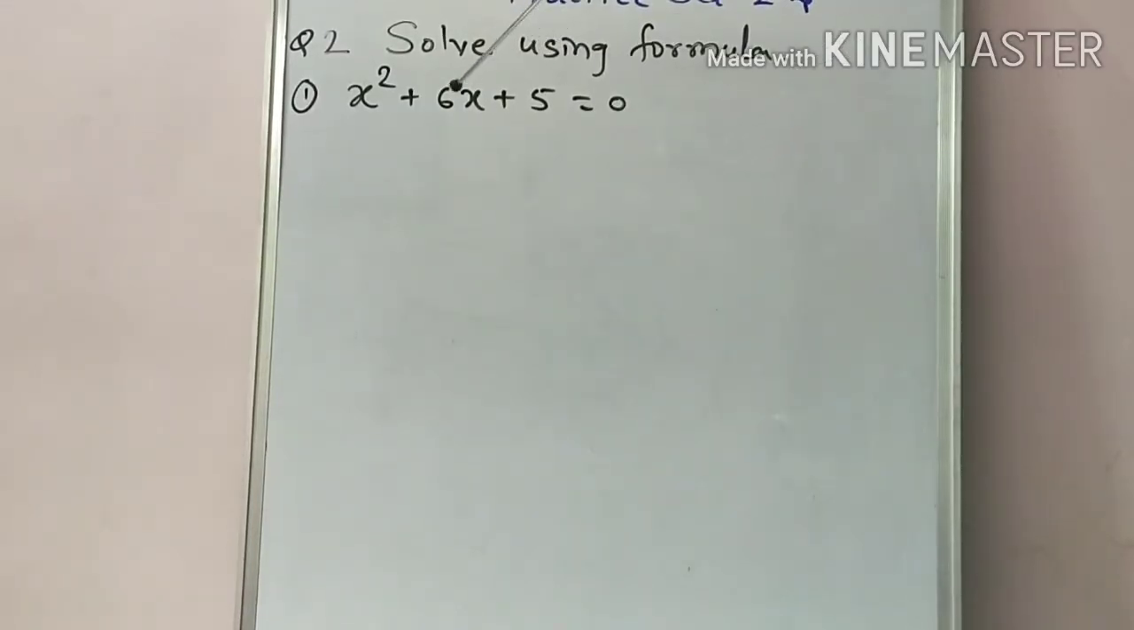now here in the second question, we have to solve the given quadratic equations using the formula, means using the formula method. Okay, so what we do here first, we take the given equation in its general form, so we directly compare it with the general form and take the values of a, b and c. Okay,